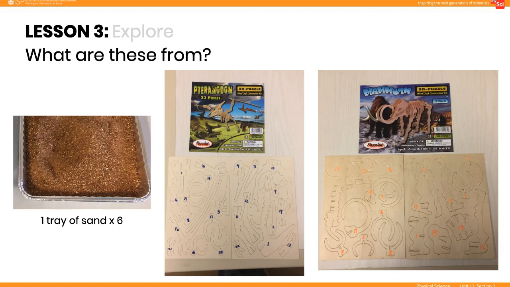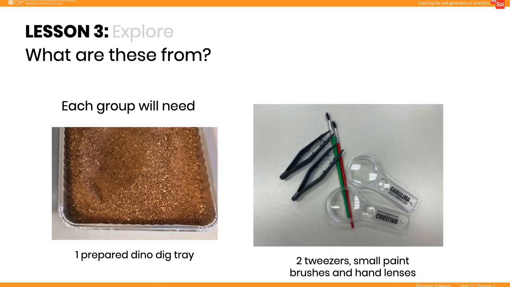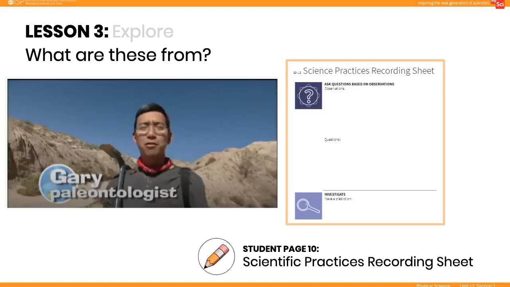Add sand to the 6 trays and distribute the puzzle pieces throughout the 6 trays, covering them with sand. Each group will need these materials to explore as paleontologists. Start the Explore by showing this PBS video on paleontologists. Explain that paleontologists have to dig carefully to remove bones from sand, and then return to the Science Practices recording